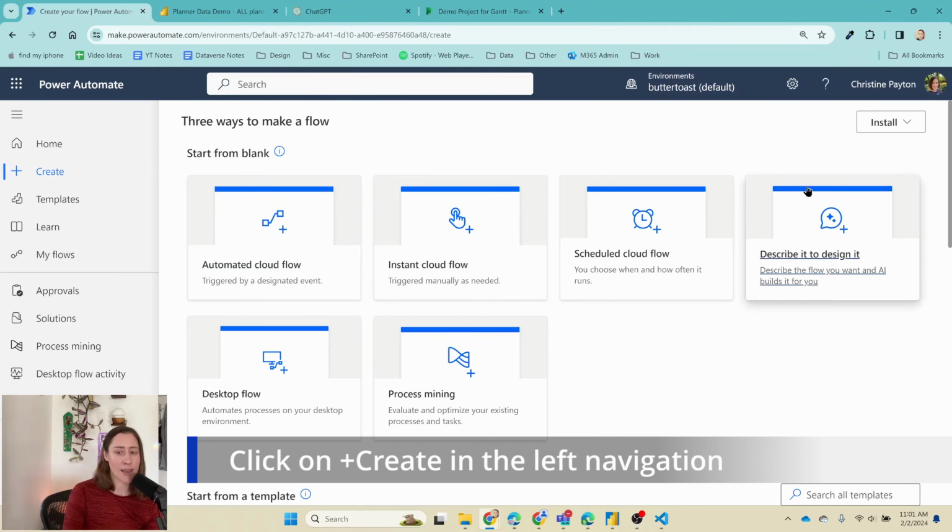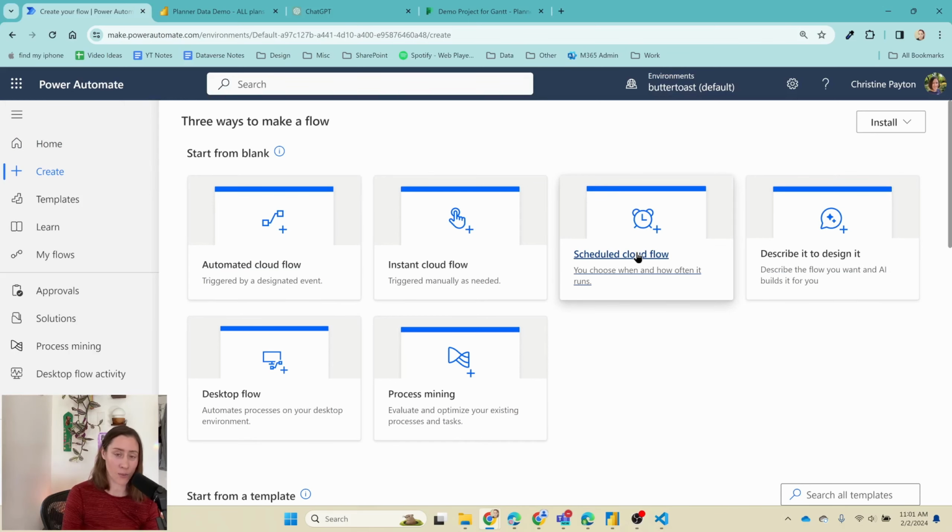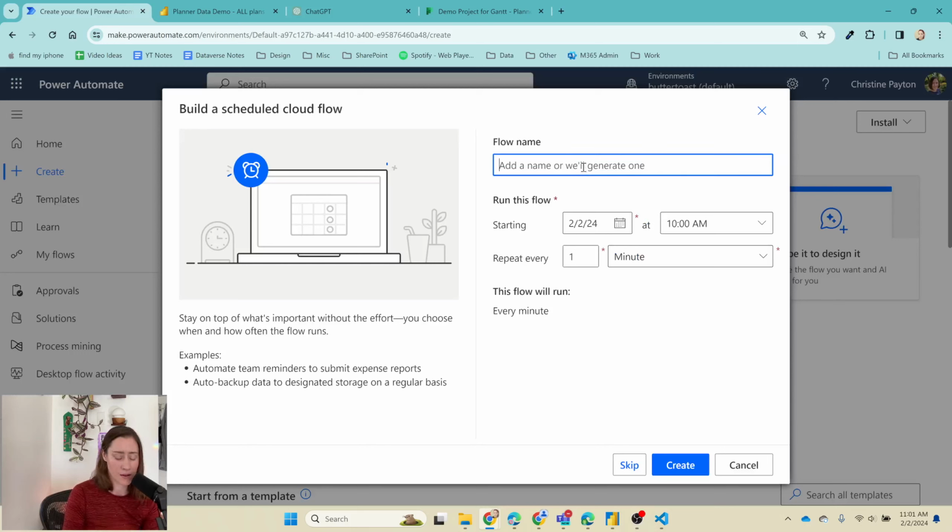So we're going to make a scheduled cloud flow. This is a flow that runs on some kind of periodic basis. If you want to, you could make an instant cloud flow instead. It doesn't really matter. However you want to trigger this is fine. Instant is going to be one that you have to click a button to trigger. So we're going to do scheduled. I'll call this